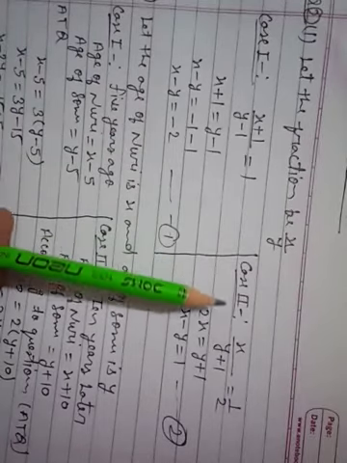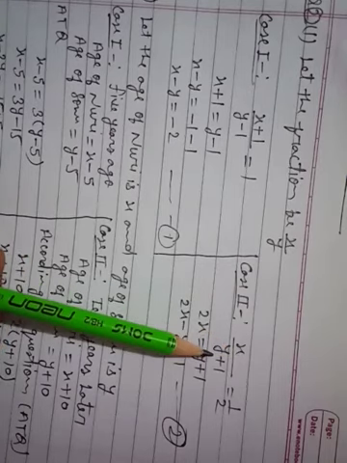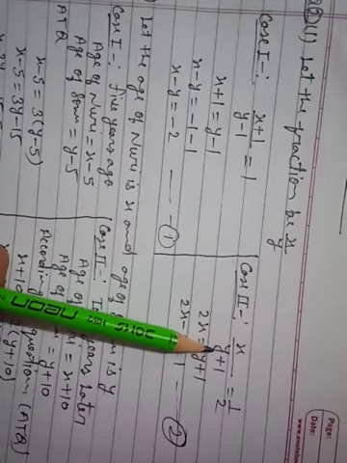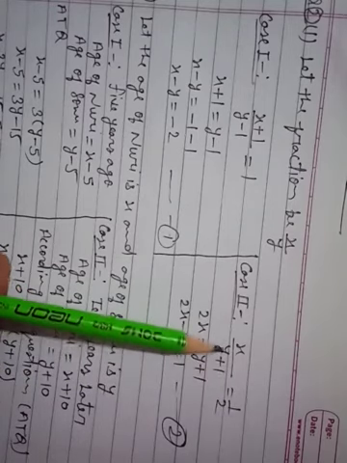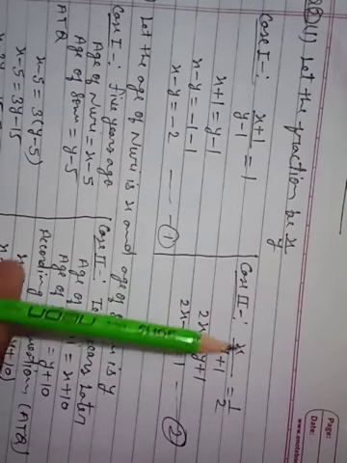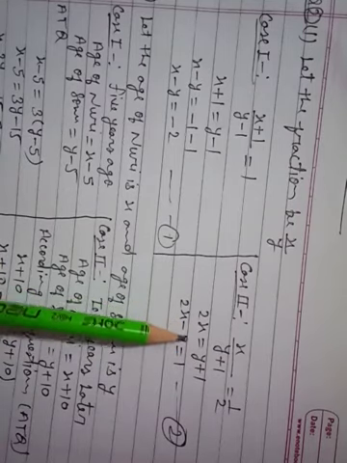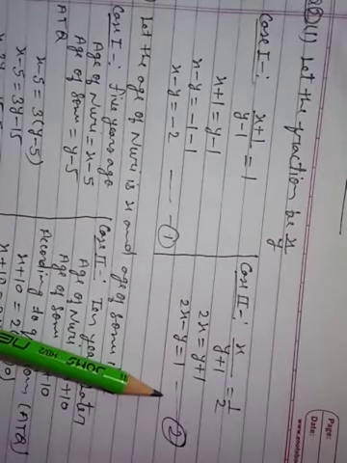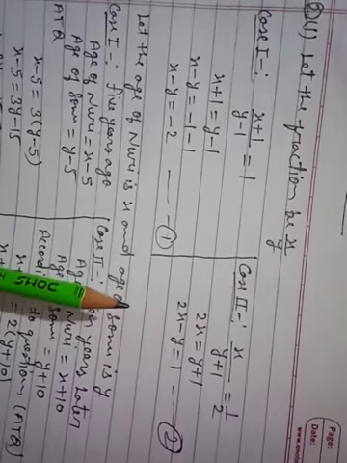Now case 2 is saying: if we add only 1 to the denominator. We are adding 1 to the denominator because the fraction is x upon y, and the fraction becomes 1 by 2. So send y plus 1 to that side, and to this side 2 into x, 2x, equals 1 into (y plus 1). Send y to this side, so 2x minus y equals 1. This is equation 1 and this is equation 2. You have to solve these equations by elimination method. I hope you can solve these two equations.